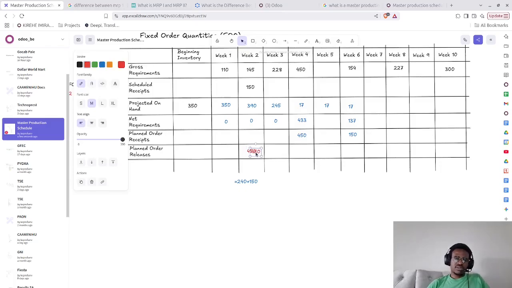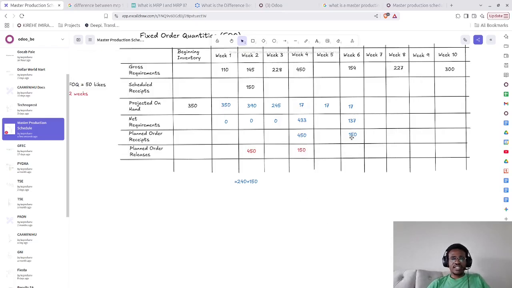So let's just take this, and this is 150. Now when I receive 150, how much will I have on hand? I'll have the 150 plus 17, that's 167. So now I will have 167 minus 154, and what do I have? 13. So here I have 13 bikes, and then I have 0. So here I had 0 demand, 0 requirement. So going into week 8, I go with 13,